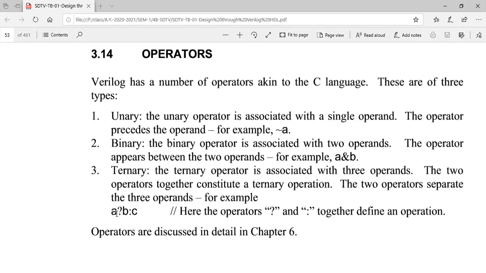For loops and while loops, we will be using this type of concept. Especially in Verilog we'll be using it here. If A value is so and so, it could be, if not C, like this. Here two operators separate the three operands.